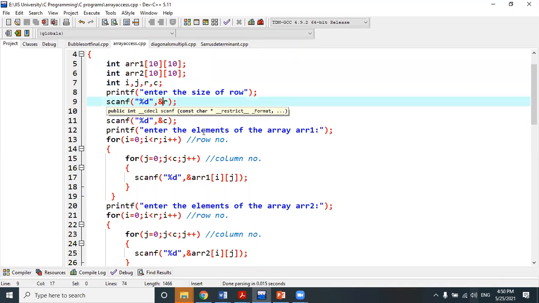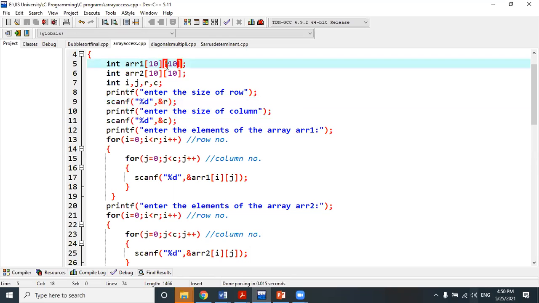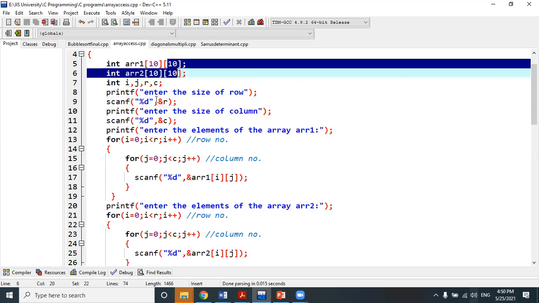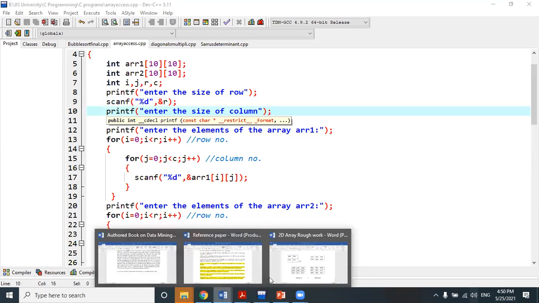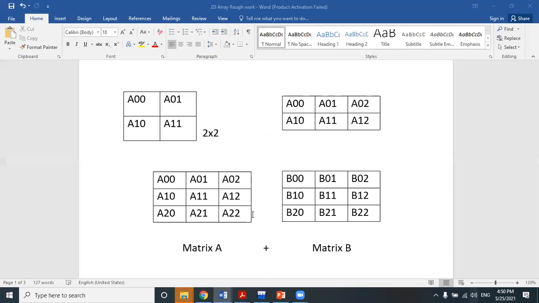Suppose, in an example, instead of 100 elements, you want to store a total of 9 elements. So 3 cross 3. The row size you have to give is 3, and the column size you have to give is 3. One thing you have to listen to very carefully. If you want to understand the program of a two-dimensional array, it is quite large compared to a one-dimensional array, but it's very easy to understand.